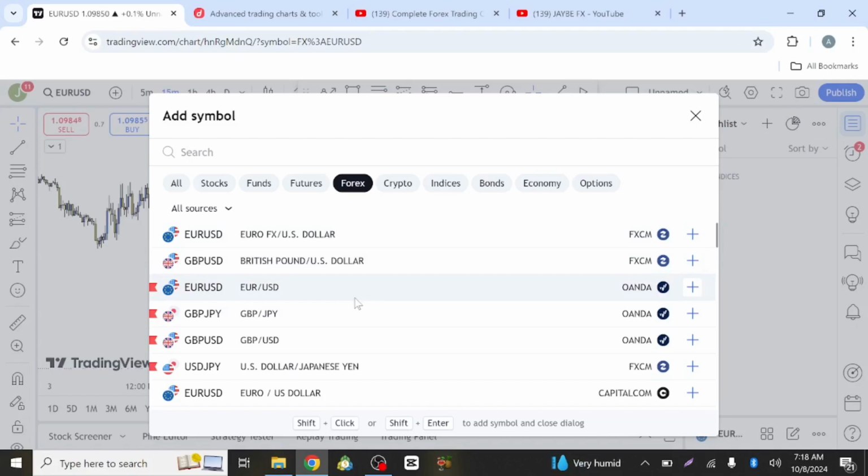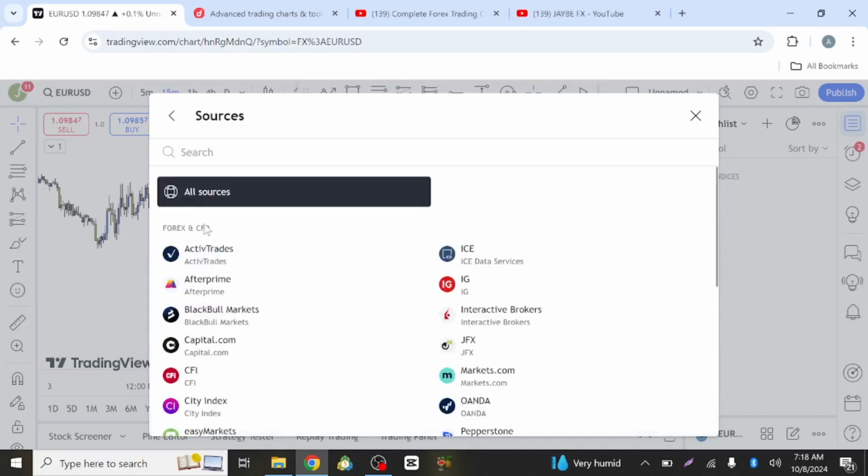Same thing. Now you just need to pick the market you want to analyze, because if you analyze on Oanda, I don't think your analysis will be visible when you want to analyze that same currency on another market. But basically, me, I love to use Oanda all the time. So sometimes I just go to the all section,